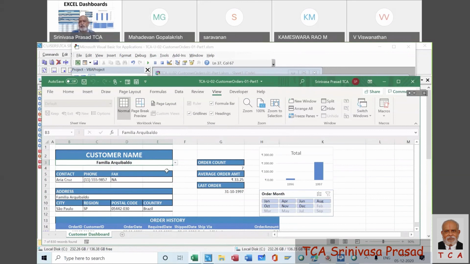Now for the next customer, it shows all, though he doesn't have February. So we have achieved two things. One, we removed the filter whenever we went to the next customer. And then for those customers who do not have orders, we removed all the irrelevant graphs and other things.